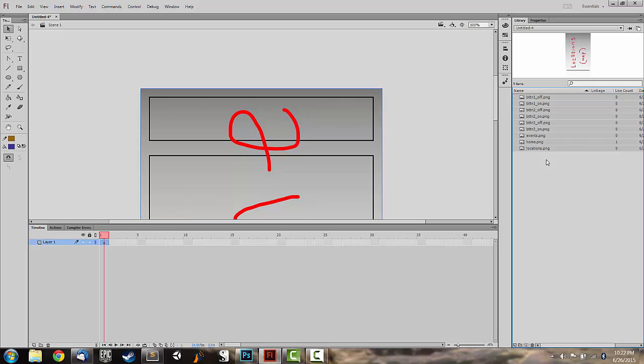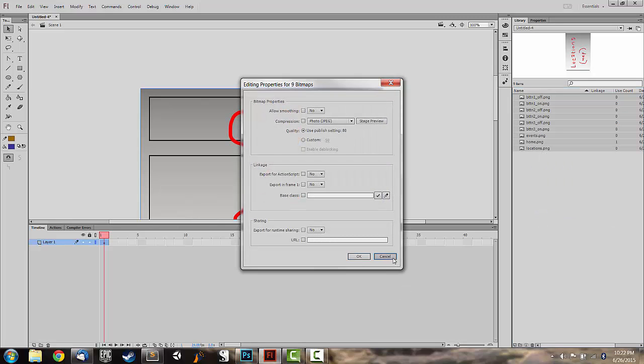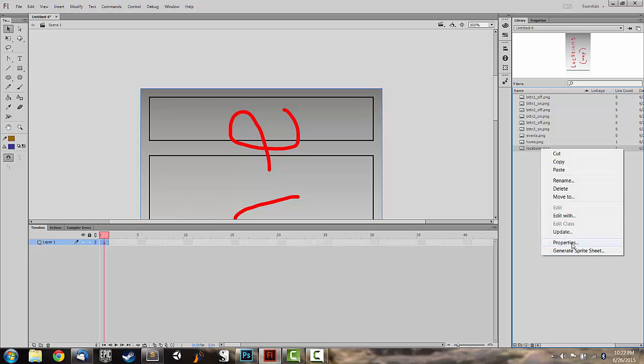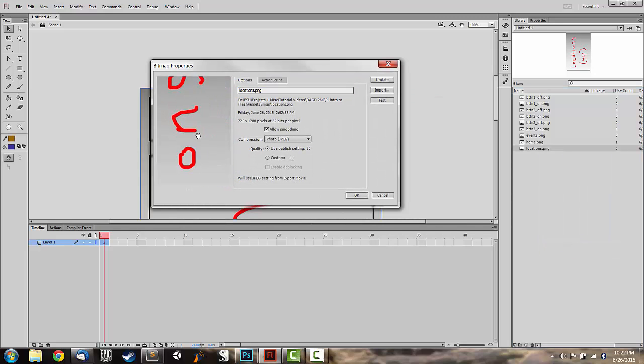I don't like that. So what I'm going to do is I want to batch this operation on all of these PNG files. So I'm going to select all the PNG files, and then I'm going to right click and say Properties. Now if I only selected one, this screen would look a little bit different. Okay. In here we can set our compression, and we can also allow smoothing. Allow smoothing is turned on by default, which I do like, but you'll notice that the compression is set to JPEG by default. And even though it's set to JPEG, you can also set the quality of that JPEG